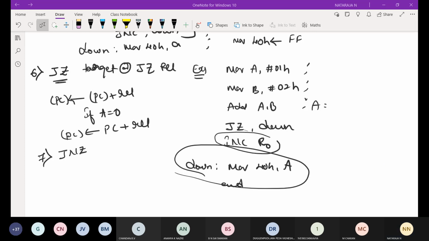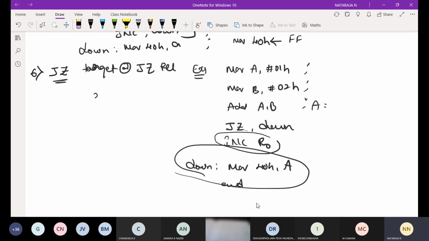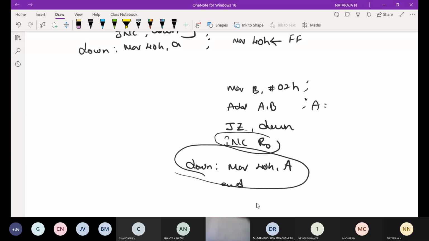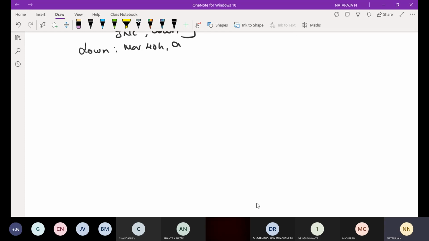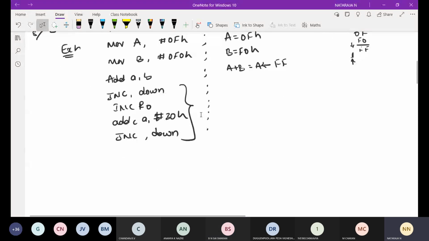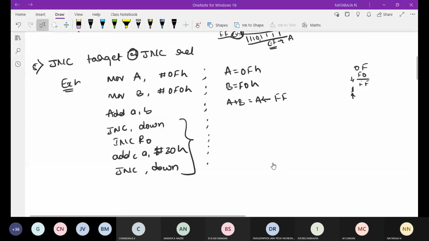Can anyone show the example for the last instruction? Will you show, or will I call one by one? All of you turn on your camera and show the example.